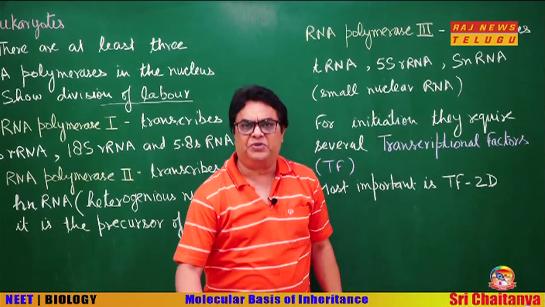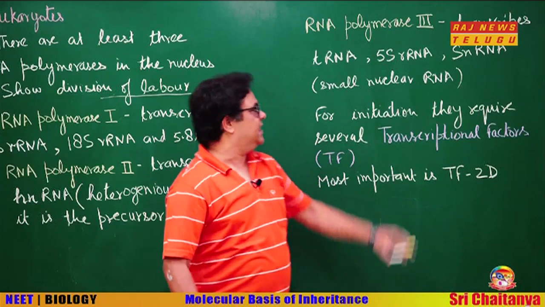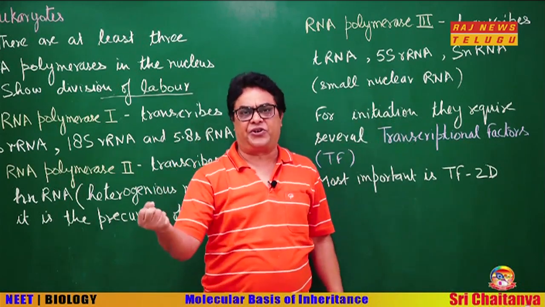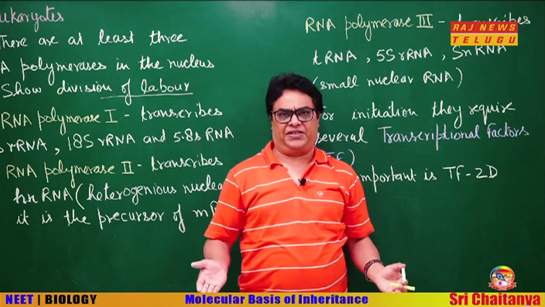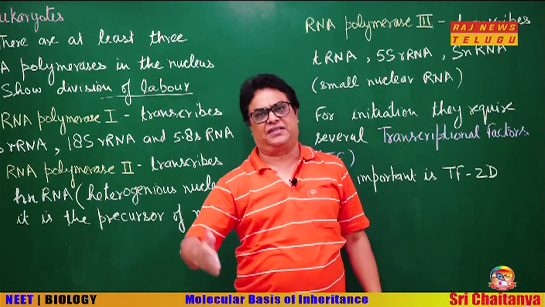I just now told you a process of splicing takes place. For that splicing, this snRNA is required for removal of the introns from the hnRNA. So, you can see a clear-cut division of labor here, three different types of RNA polymerases for synthesizing different